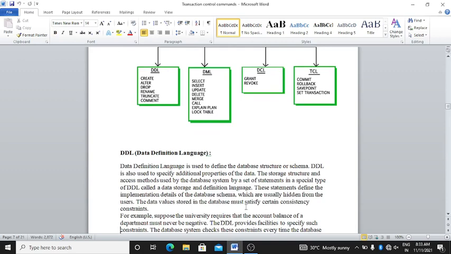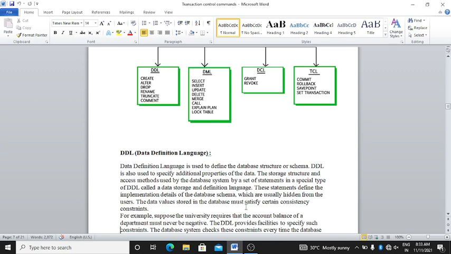DDL is also used to specify the additional properties of data, the storage structure and access methods used by the database system, by a set of statements in a special type of DDL called a data storage and definition language. These statements define the implementation details of the database schema, which are usually hidden from the users.